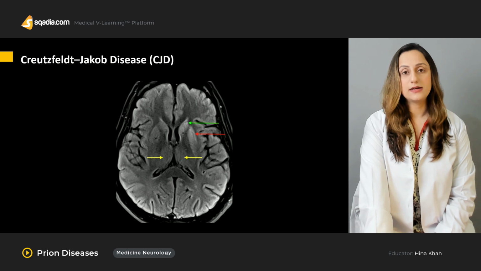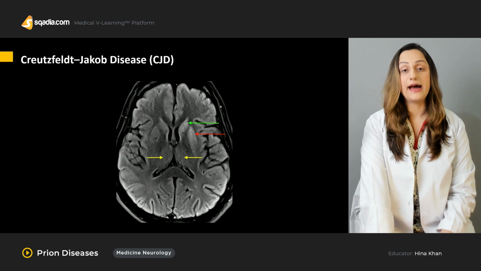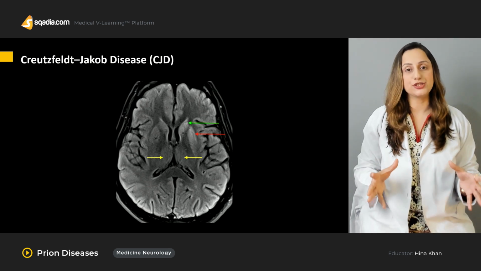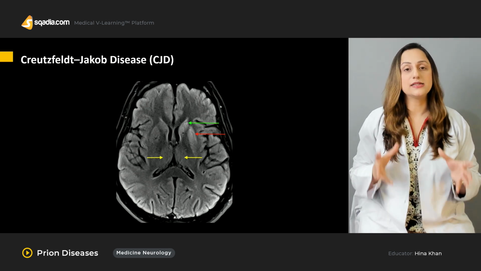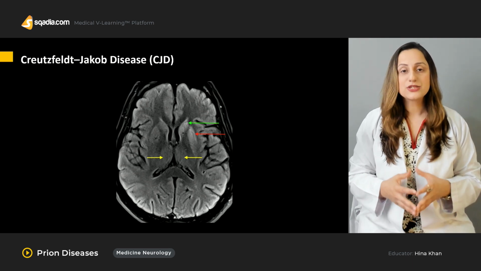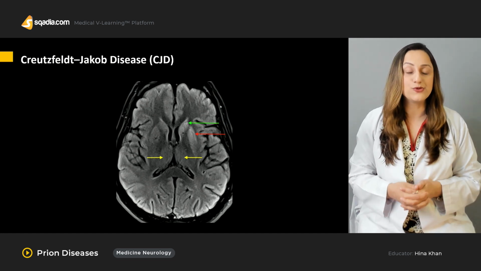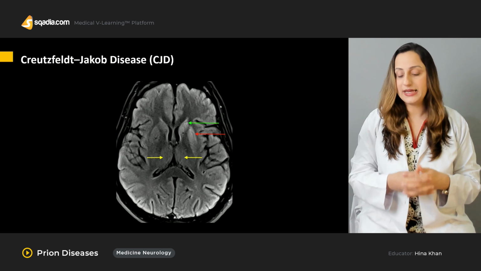The most typical of these prion diseases would be discussed in detail over here, and we'd be limiting our discussion to the Creutzfeldt-Jakob disease. That is the most notorious of these conditions. So how does it develop, and what is the basic epidemiology behind the Creutzfeldt-Jakob disease would be discussed in detail